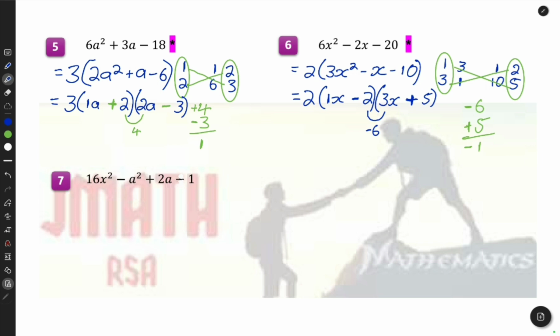Okay, question 7. So now I need to establish what I am going to do. There are 4 terms, so it's definitely grouping. Okay, but now I need to investigate a little bit further. So I can see there's a 16x squared, but there are no other x's. Okay, so that is sort of concerning. Then if I look at the others, there's an a squared and an a, and I'm actually going to put